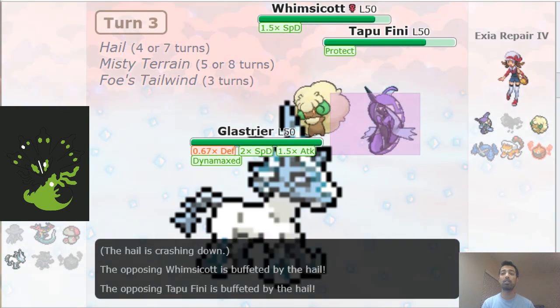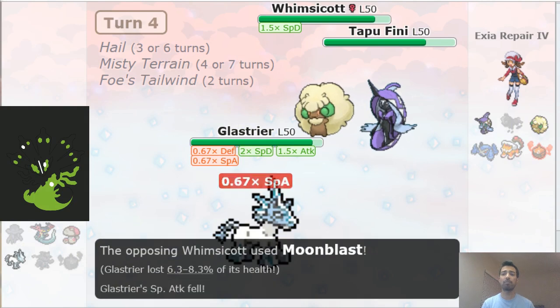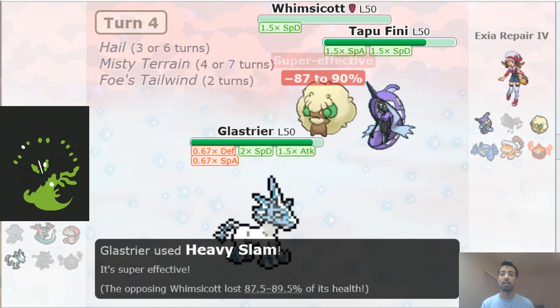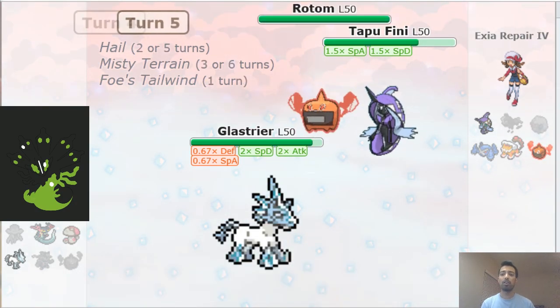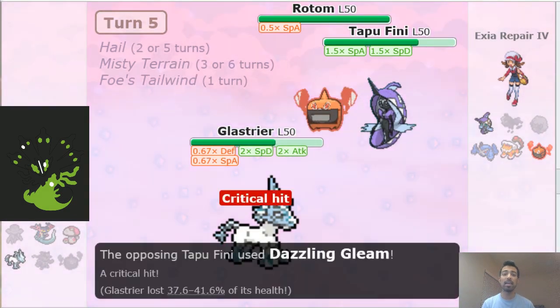It's now Glastrier versus the world. They go for a Moonblast with Whimsicott and Calm Mind with the Tapu Fini, as we KO the Whimsicott with our most accurate move, Heavy Slam. They bring in their last Pokemon, a Rotom Heat. They go for an Overheat, and they also get a critical hit on the Dazzling Gleam, and yet we're still